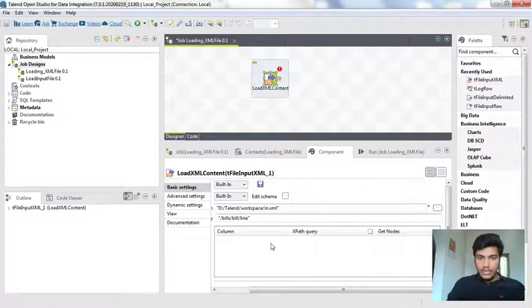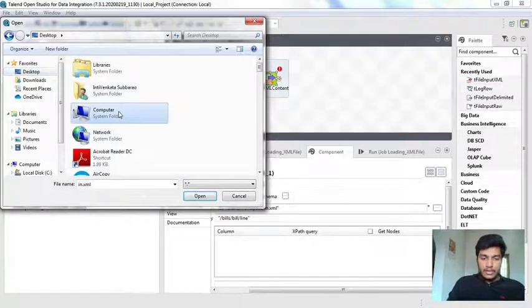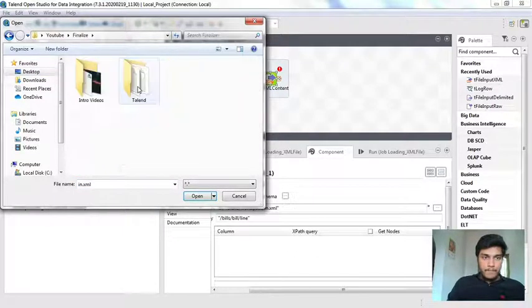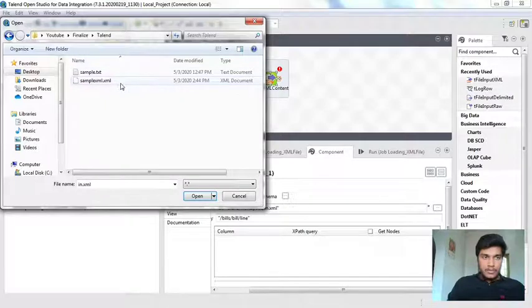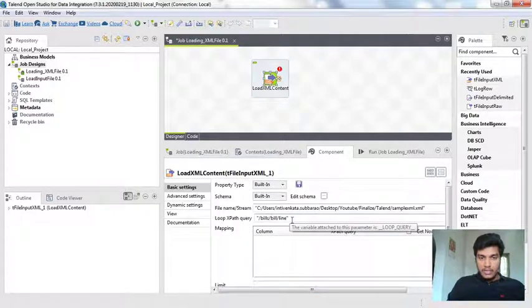We need to configure the path here for the sample XML, so I am going to the path and storing the XML path here. We also need to configure the loop XPath query.